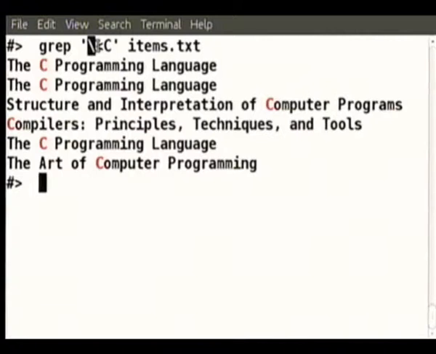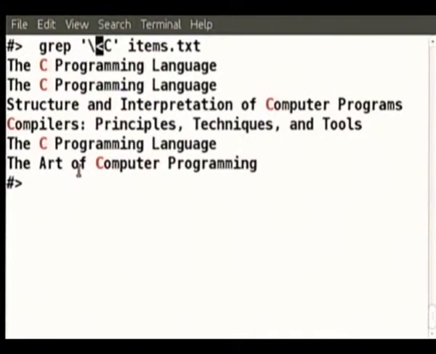Whenever these meta characters are going to come inside your search pattern, inside your file names, then you will want to say bash, don't take dollar as end of the line. Don't take less than sign as its meaning. Take it literally. So you will escape it. You will escape the meaning of that particular term.